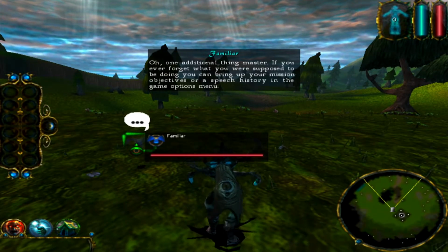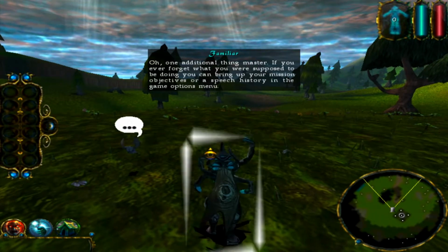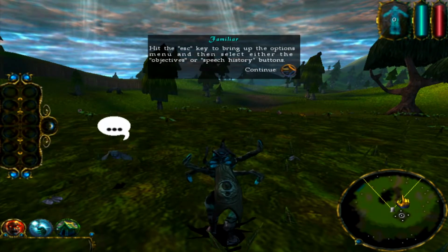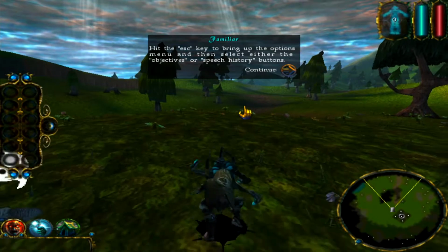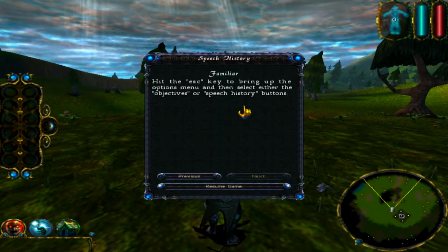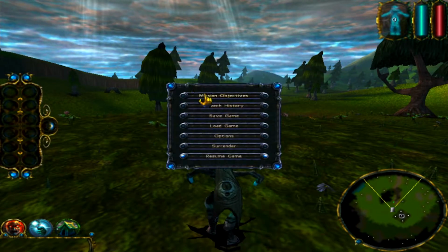Oh, one additional thing, Master. If you ever forget what you are supposed to be doing, you can bring up your mission objectives or a speech history in the game options menu. Hit the Escape key to bring up the options menu, and then select either...